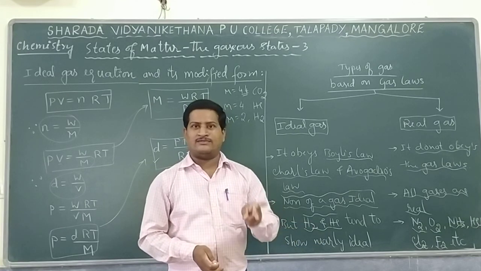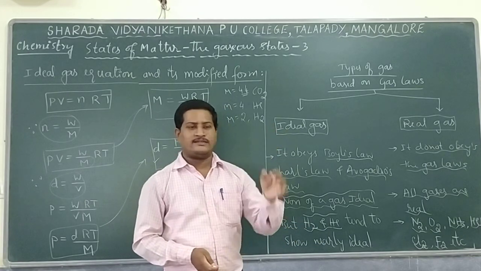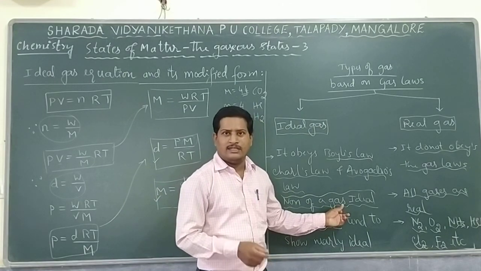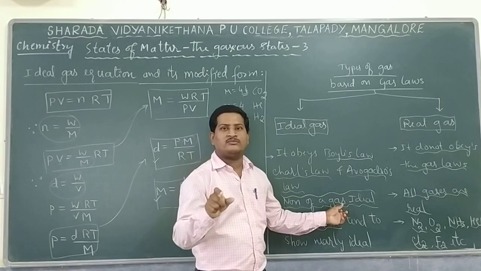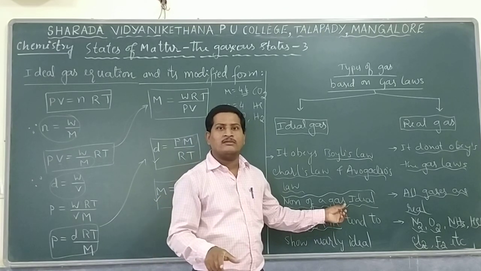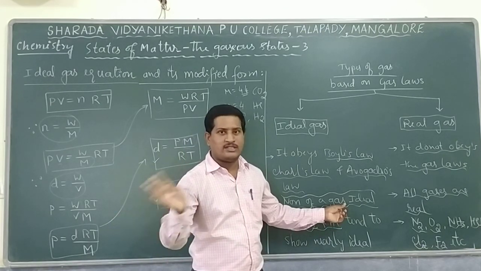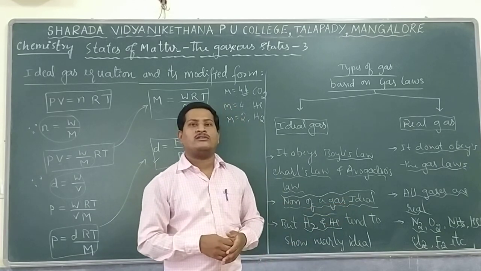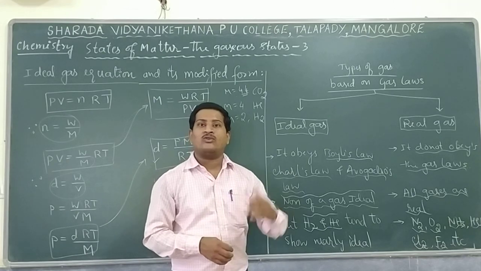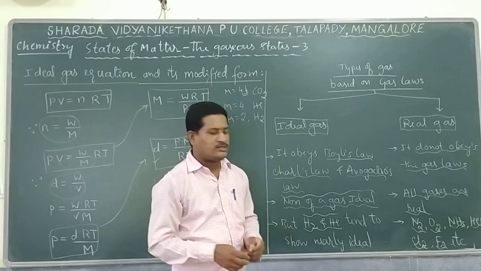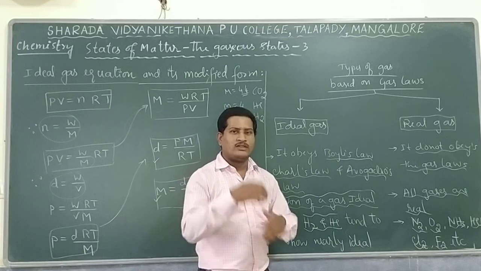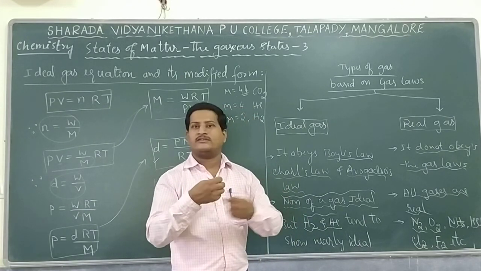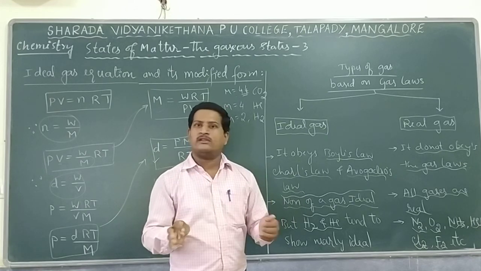If a gas satisfies these two conditions, then it is considered an ideal gas. The conditions for an ideal gas are: first, the volume occupied by the gas molecules is negligibly small, or impossible to measure; and second, the force of attraction between the gas molecules is zero or very minimal. But it is observed that almost all gas molecules, because of their electron cloud, size factor or molecular mass, have a force of attraction present. At least van der Waals force is also there.